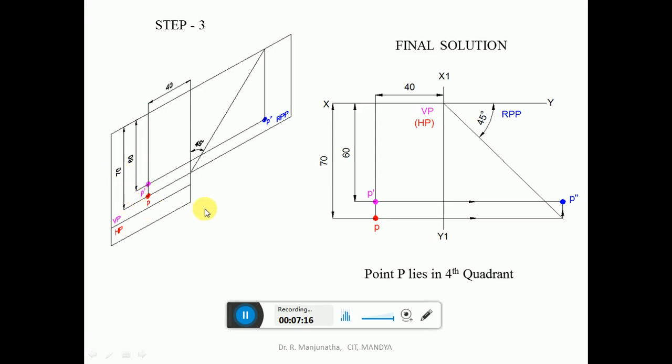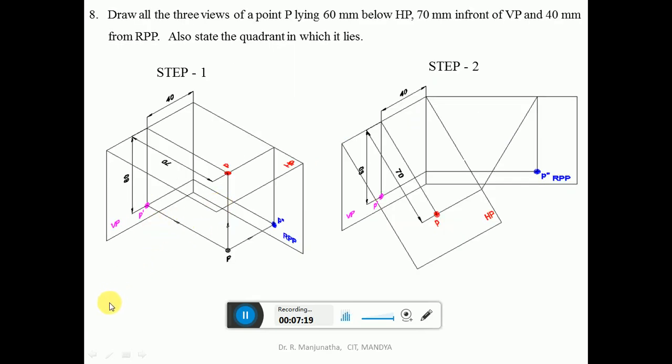When we are looking from the left side view, P double dash will be in line with P dash. That means when we look from the left side view, we can see the distance below HP, that is the front view distance, and also the distance in front of VP is seen here. So both the distances are seen, that is the distance below HP, which is the front view distance, and the distance in front of VP, which is going to be the top view distance. Both distances can be seen in the profile view, and when the right profile plane is rotated, both P dash and P double dash will be on the same line.